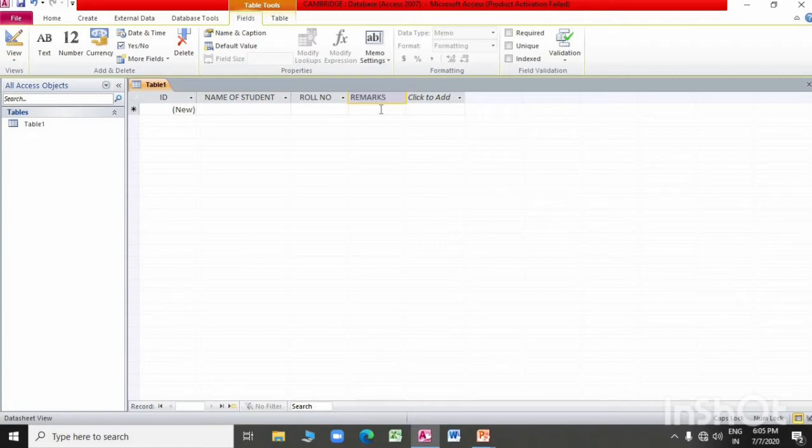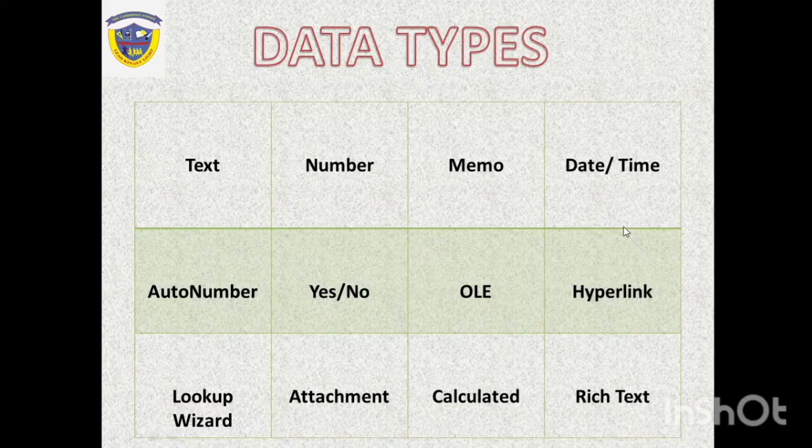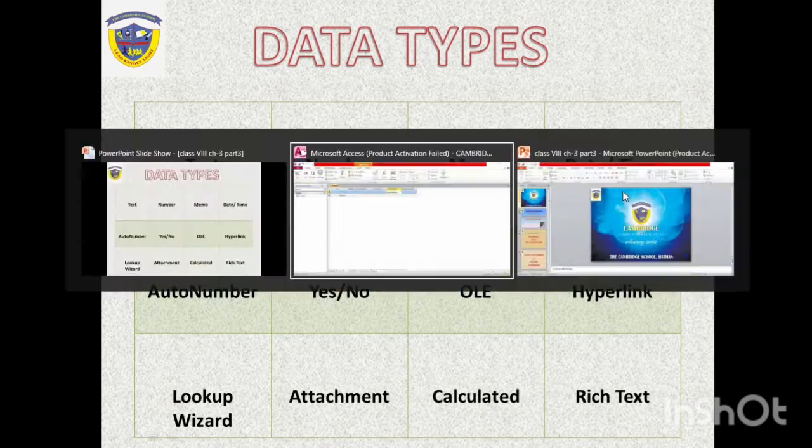So we select data type memo. You can store as many letters as you like, up to 65,535 characters.